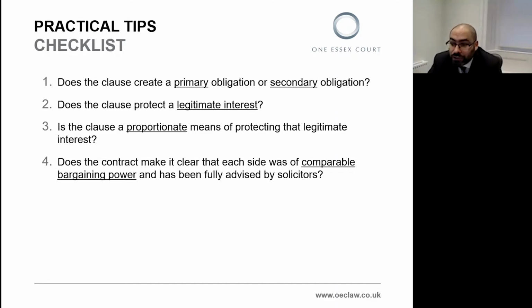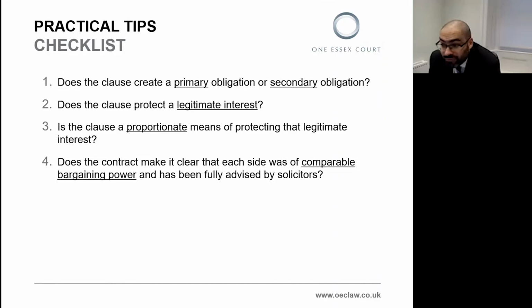And the best example is Cavendish itself. I've already mentioned the relevant clause in that case required the defendant to sell the remainder of his business and receive no further payments from it. And at least some of the judges thought that was a proportionate means of protecting a legitimate interest because the goodwill in the business was such an important aspect of the business and the sale. It's clear from that case the consequences can be quite harsh before a judge will decide that they amount to extravagant, unconscionable, and therefore unenforceable penalty clauses, provided there is a sufficiently important legitimate interest at stake.